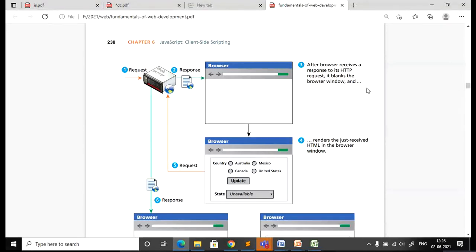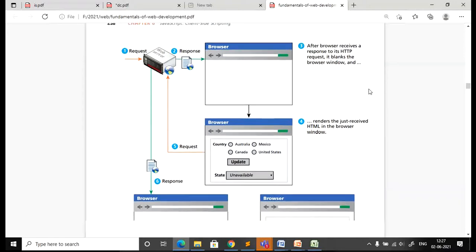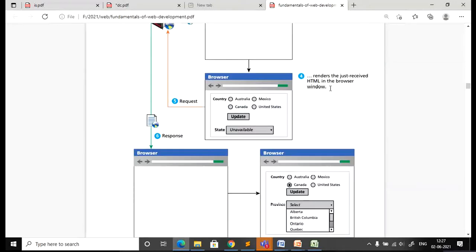Many times when you are filling in applications and click on submit, you can see a blank screen for some time. That means it is getting the data from the server side. Once the data is received from the server side, it will be displayed on the client browser.